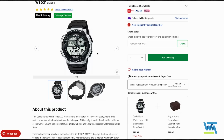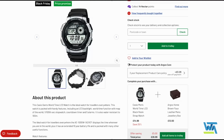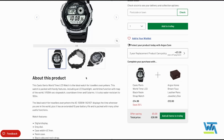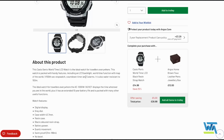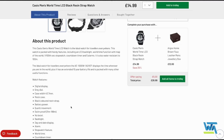But this one is the circular version of it, so you've obviously got the world map, you've got what would be the digital version of an analog display, and you've got a real standout time and date and day and date complication, or what would be a day of the week complication there, and it is just a great watch to have. And I do have this in the collection as well, so I'm gonna have to pop this on my wrist in the next couple of months and talk about what it's like to wear over an extended period of time. But again, digital display, 43.7, yeah, you don't feel much of it on your wrist,